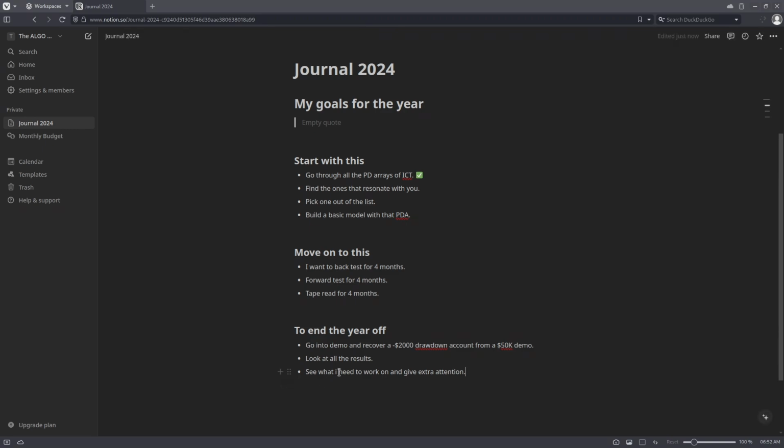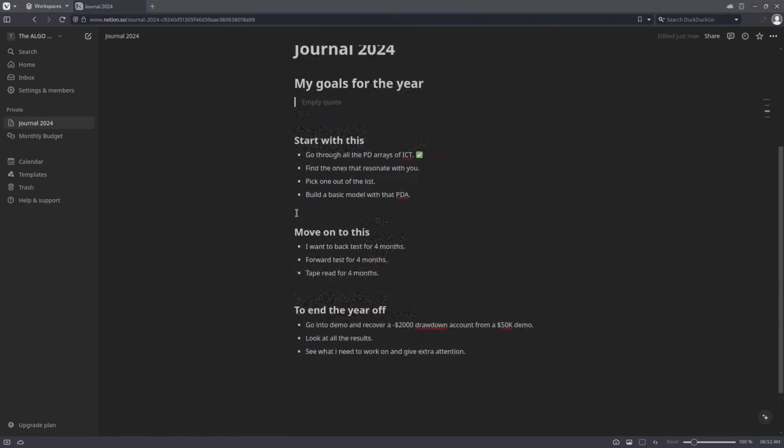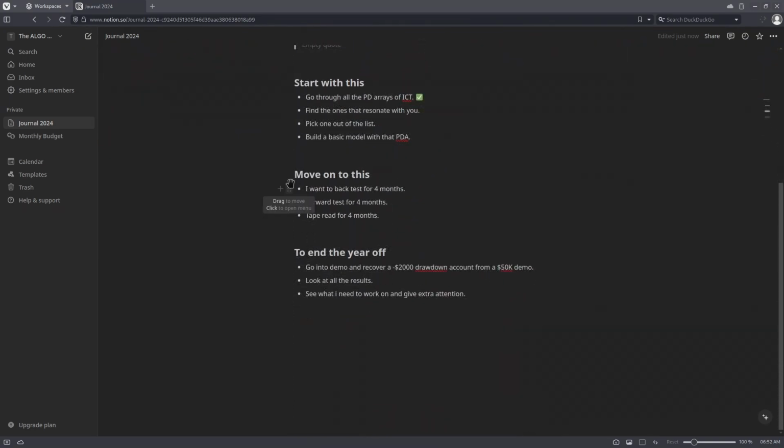Then you can see what you need to work on and give extra attention. And that's a nice basic plan for your year. Just get a rough idea of what you want to achieve, capture your progress. And as you're going to journal on Notion, the wonderful